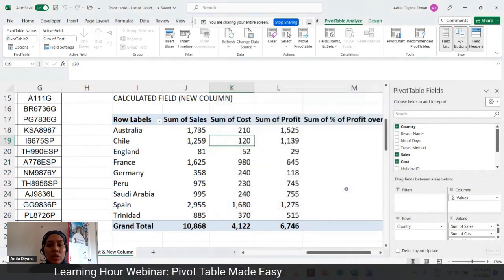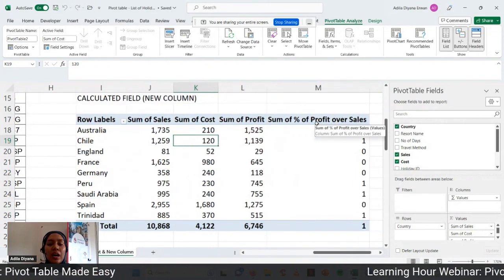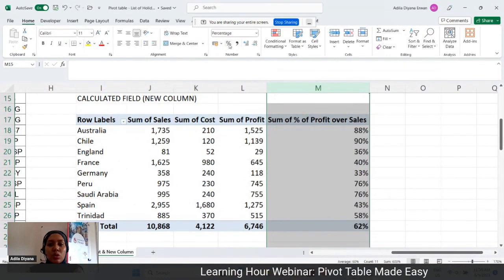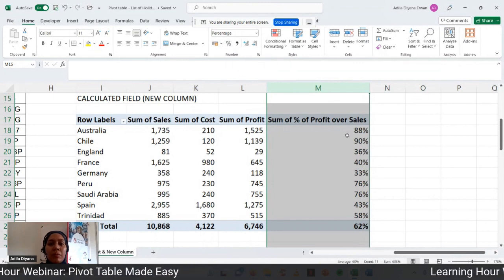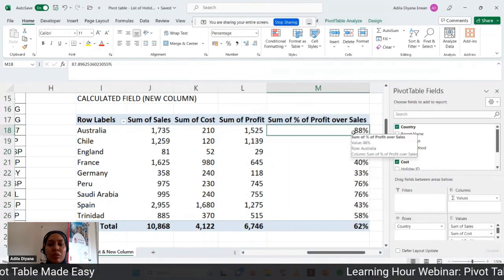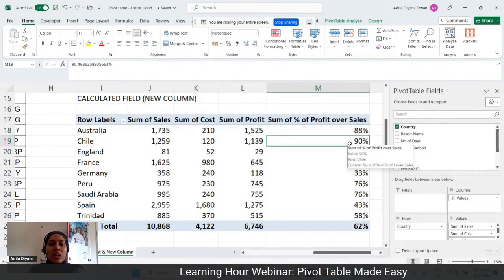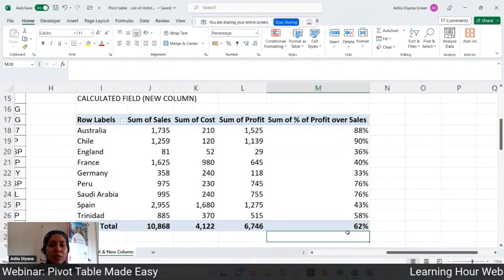Click on OK. So now can you see I have my sum, I have my percentage of profit, but here I need to change it to percentage. So I just click on the percentage sign here under home tab. Then here my percentage of profit over sales for Australia is 88%. Chile is 90%, and so on. So my grand total is 62% for profit over